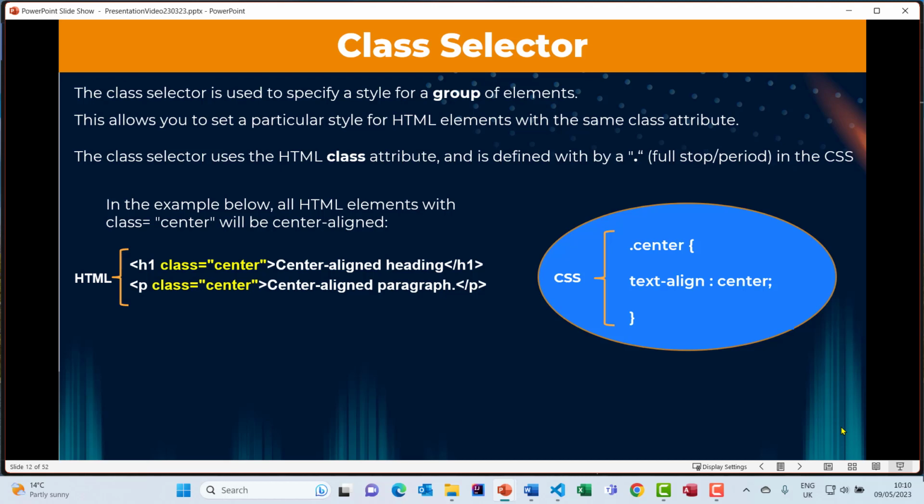Next is a class selector. And a class selector is used to specify a style for a group of elements. So this allows us to set a particular style for HTML elements with the same class attribute. The class selector uses the HTML element class attribute, the keyword class, and then is defined in CSS as a dot or a period. So in the example you can see that we have identified H1 as having a